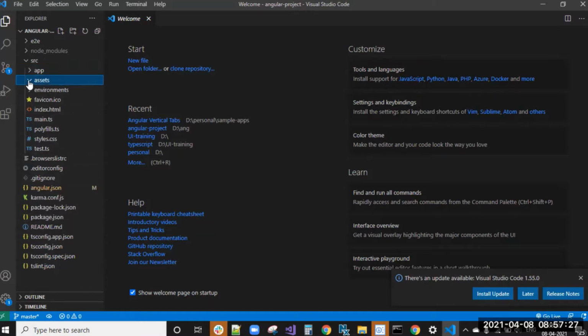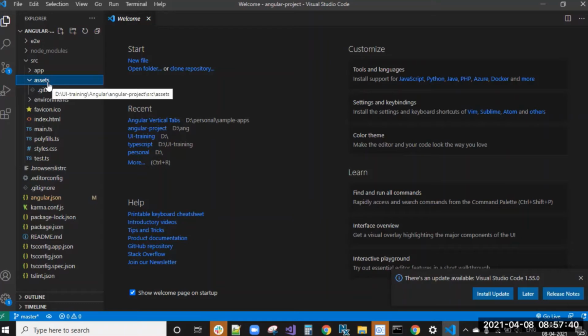Assets. Assets means the images. If you want to include images, or any video files, audio files, any assets, you need to include them inside this assets folder. You can create an images folder, or include videos or audios in our Angular project.